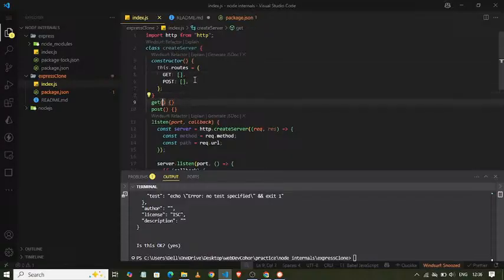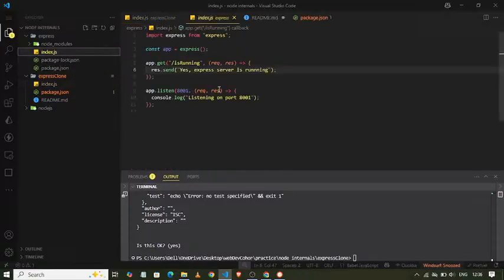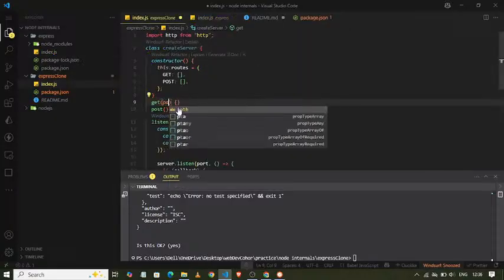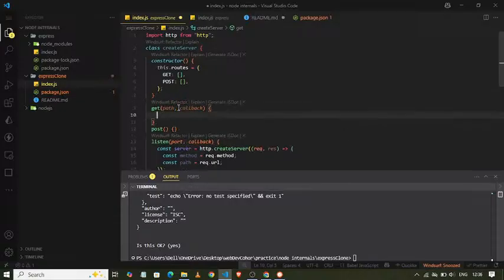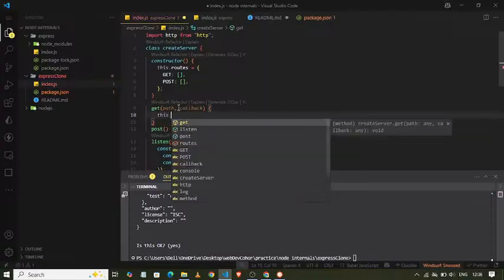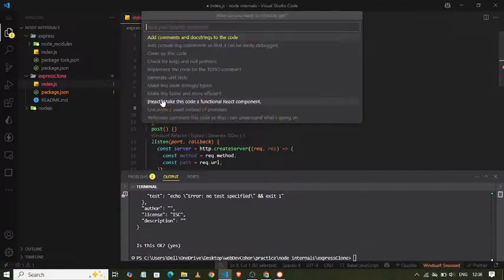Let me tell you how. Whenever the user calls .get, similar to Express, the user will pass two arguments: first is the route, second is the callback function. So we will get a path and a callback function, and we will just store them in this routes object. To do this,